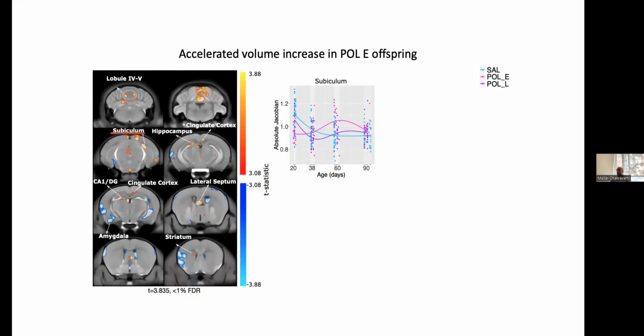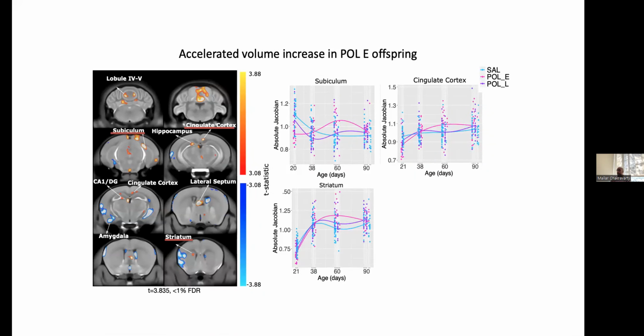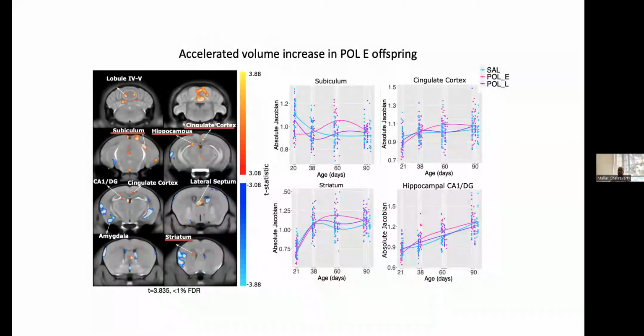What we generally saw is that those offspring that are exposed at GD9, so with poly-IC early, have this little undershoot here and have a bit of an overshoot on volume, and then have this normalization in volume that looks a lot like the saline controls and the late exposed animals. Overall, we see a lot more kind of severe changes in these early exposed offspring. So that's something else that's quite interesting, and maybe indicative of vulnerability windows for this type of environmental exposure. We see the same thing in the cingulate cortex, the striatum, as well as the hippocampus and the dentate gyrus.